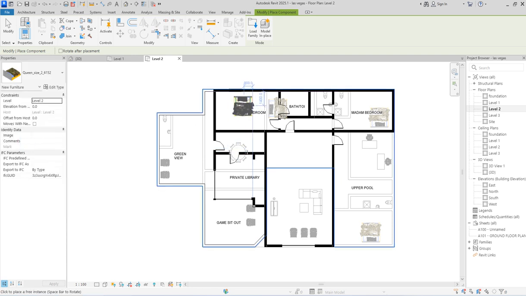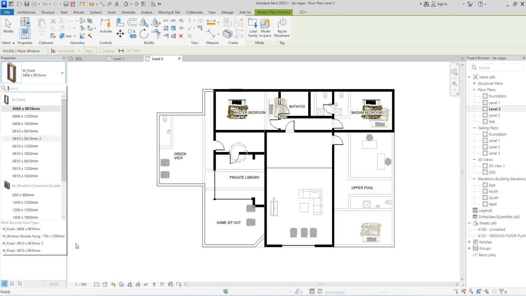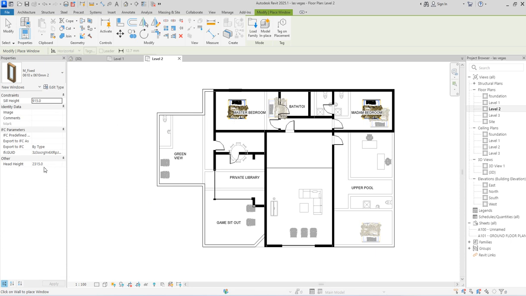So which is the master, you let the master add bed to the madam bed. So these are the two places that need bed. So the work here is a little bit simpler than the whole objective. So now you click on the windows. So the windows, you are going to bring the one you did, which is this particular one.